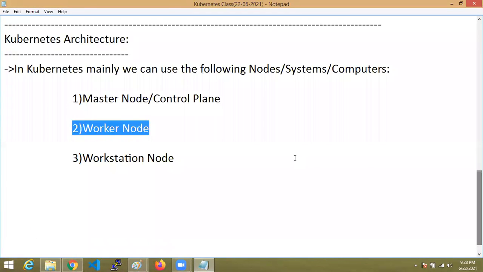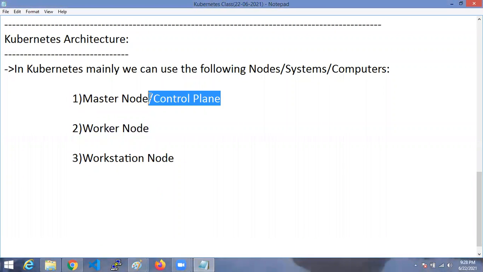Not only one worker node, there can be multiple, but majorly one worker node we require, one master node we require, and to maintain or give input to the master node, we are going to use the workstation node. We will see that. All these three nodes we are going to use to maintain or orchestrate the containers in Kubernetes architecture.